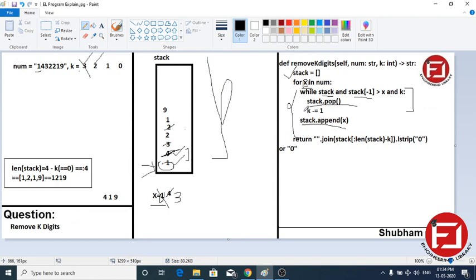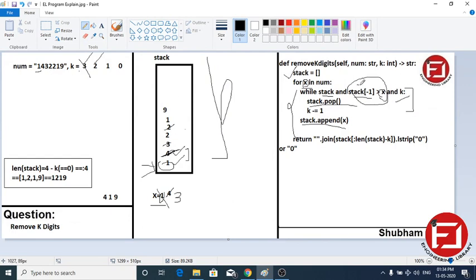Again this while loop will execute as long as the stack is not empty. This condition means we have to remove elements from the top until the element becomes smaller than or equal to x, the element pointed to in num, or k becomes 0.